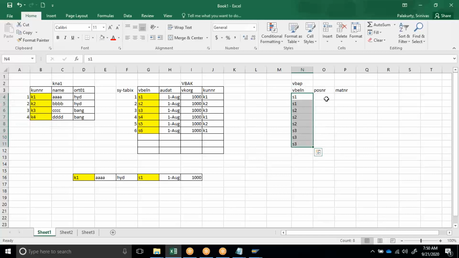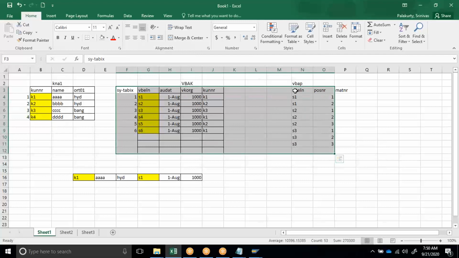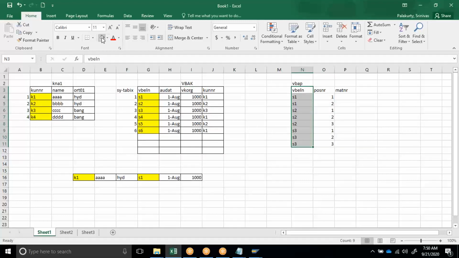Now to apply parallel cursor for these two tables, the table should be sorted by VBELN.